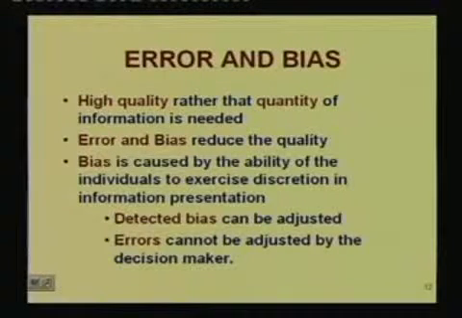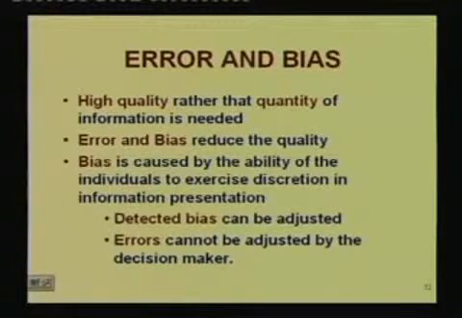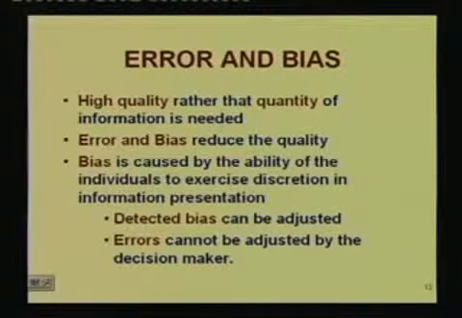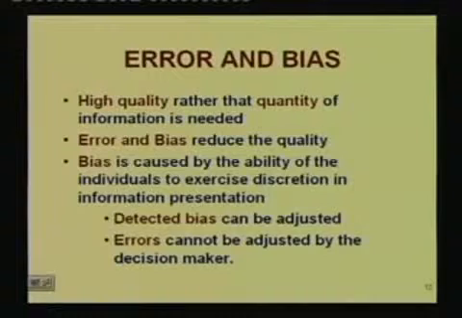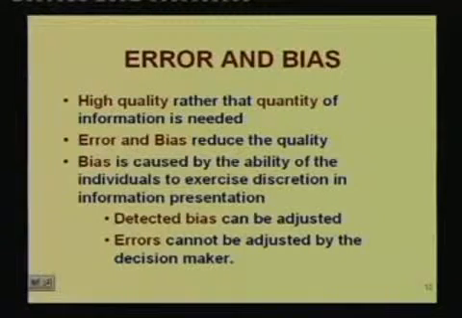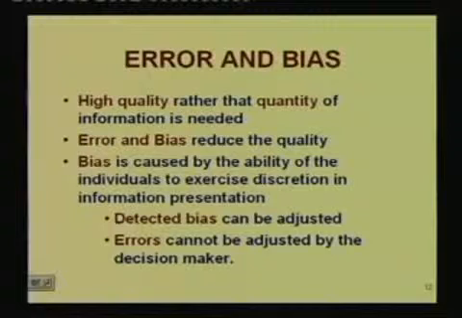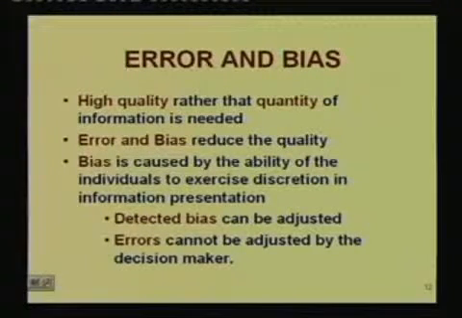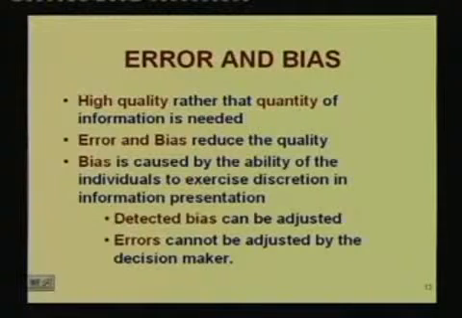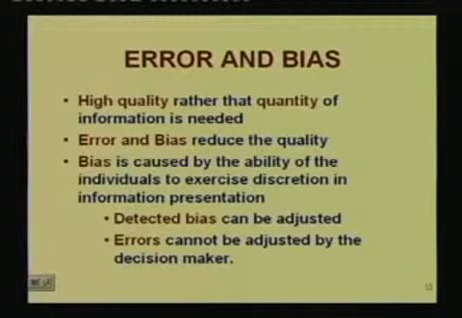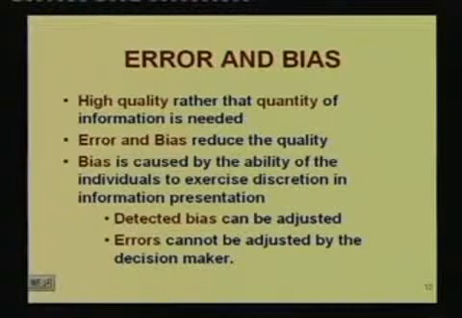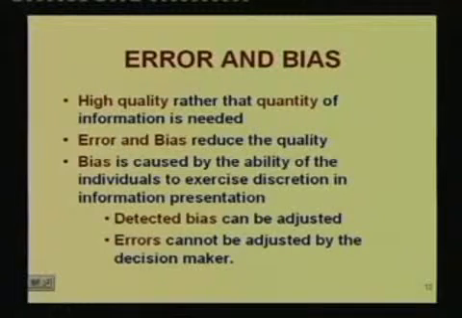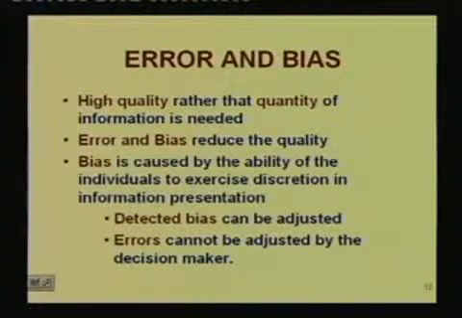Then the error and bias. So there are two concepts. High quality rather than quantity of information is needed, and it is a very common fact that error and bias reduce the quality. Bias is caused by the ability of individuals to exercise discretion in information presentation. Error, on the other hand, is actually something wrong that has happened. Detected bias can be adjusted, but error cannot be adjusted by the decision maker,